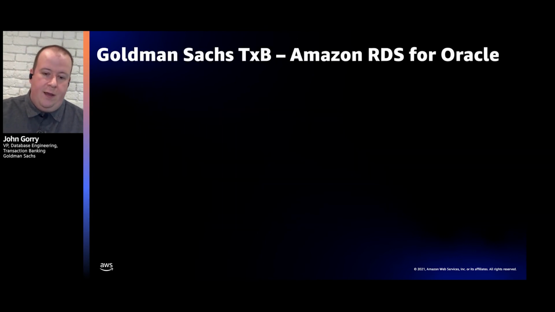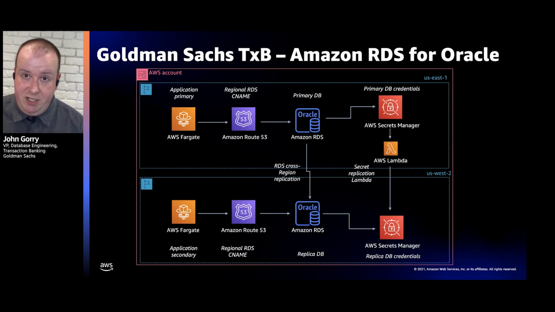So this is a diagram of what we build currently for our cross-region resiliency option. Now, we rely on the cross-region read replicas that Michael talked about earlier that was launched at the end of 2019. That's a kind of foundational cornerstone of this solution. So what we have here is a primary region in the same account as the secondary region, and we have our application deployed, and it's talking to a primary Oracle RDS database via a Route 53 CNAME, and we'll talk about why we use that in a second.